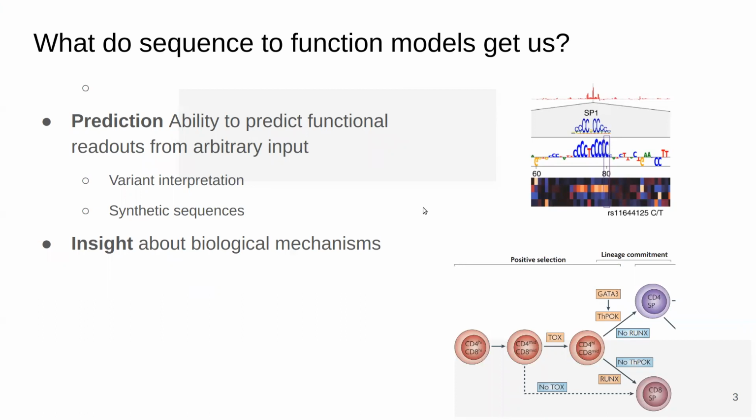This is very important when we're trying to do variant interpretation or designing synthetic sequences for some new functions. But another thing that we might hope to get is that if we have a very powerful model that understands biology, it can explain it to us. So instead of producing variant interpretation kind of output, it can actually produce output of this form on the right, which is kind of an explanation for how cells acquire their self-identity in terms of the transcriptional regulation that is required.